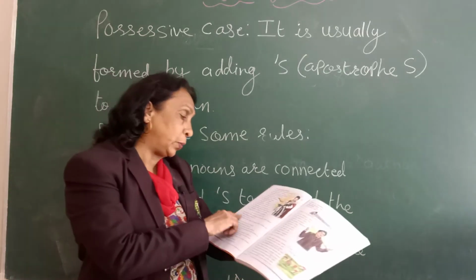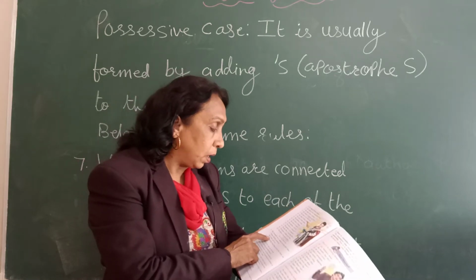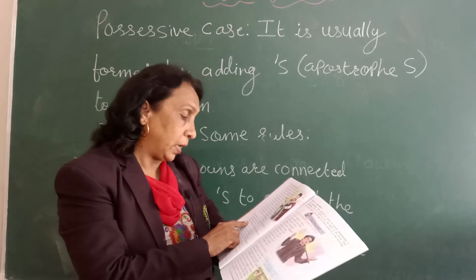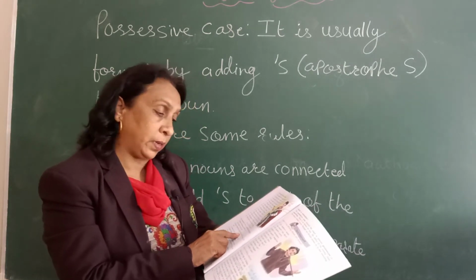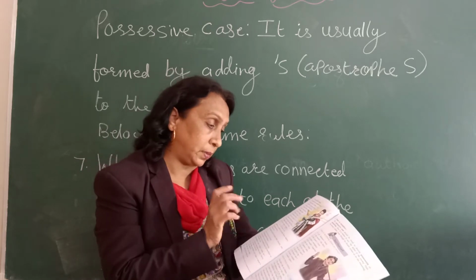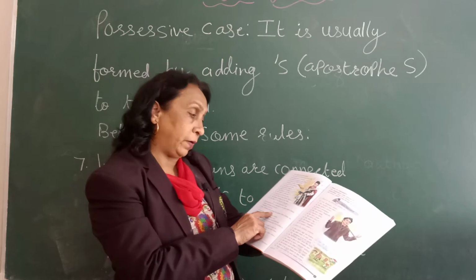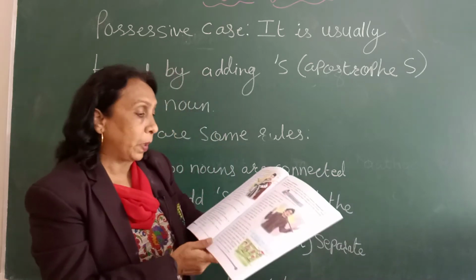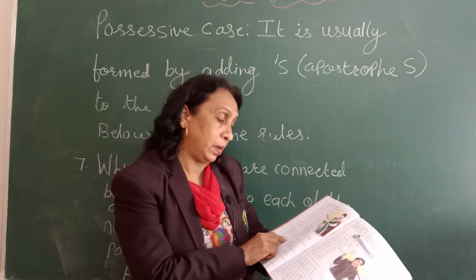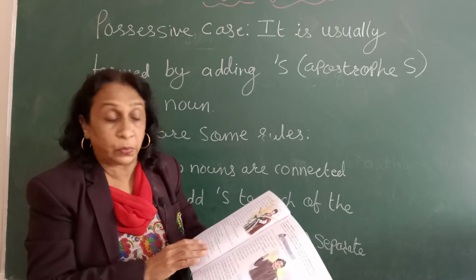Now look here. First one is nouns denoting persons. Here, for example, Anu's book or a girl's face. Understood? Look at the second. Nouns denoting living things like animals, birds or insects, where the possessive case is restricted to nouns denoting living things. Examples are monkey's tail, lion's paw, a bird's feathers or the peacock's feathers also you can write.